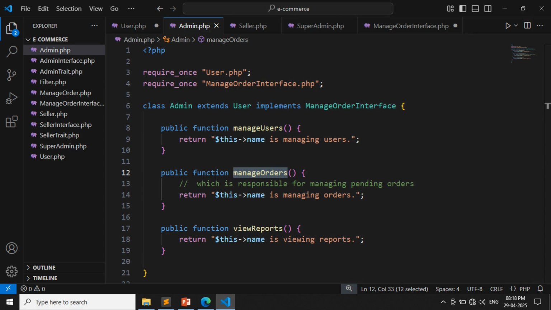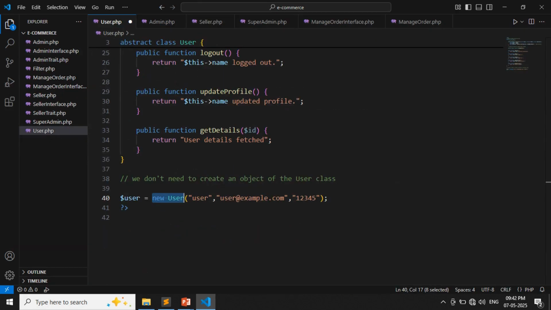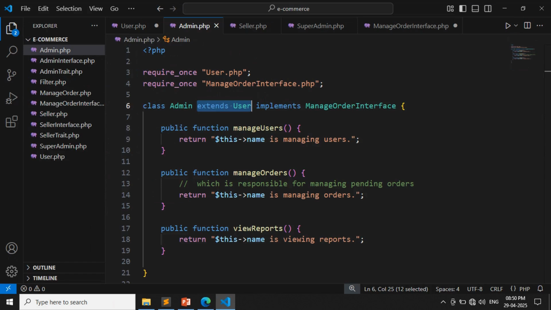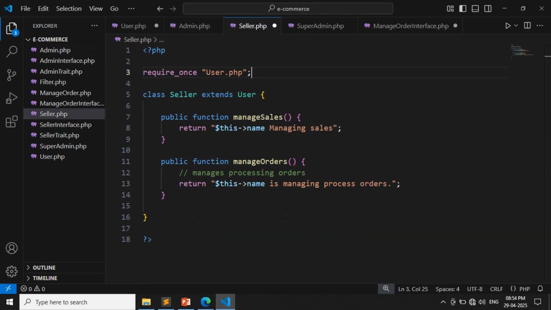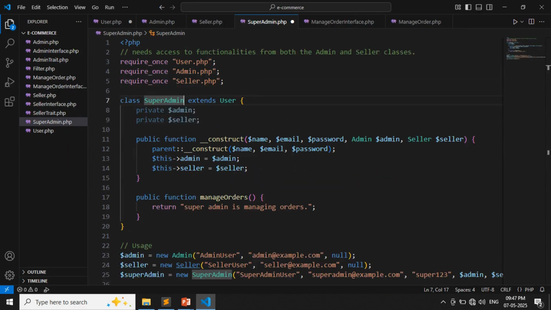So, if we don't need to create an object of the user class, then we can simply use the abstract user class and remove the manage order interface. The same applies to the seller and superadmin classes. They can just extend the abstract user class and no longer need to implement the manage order interface.